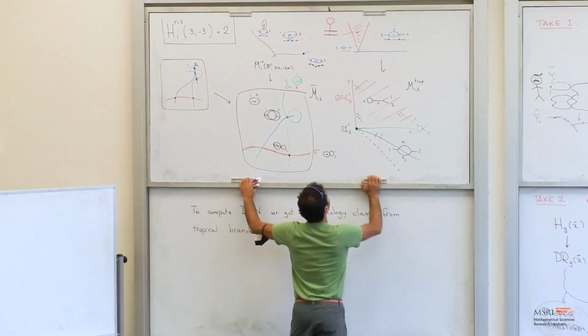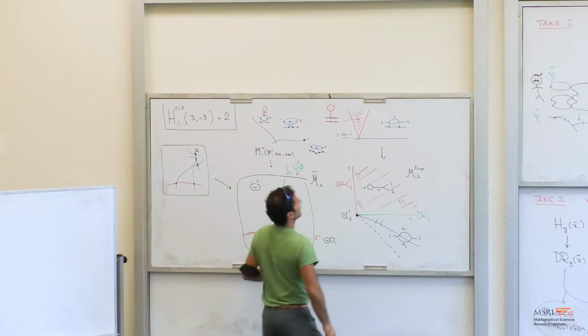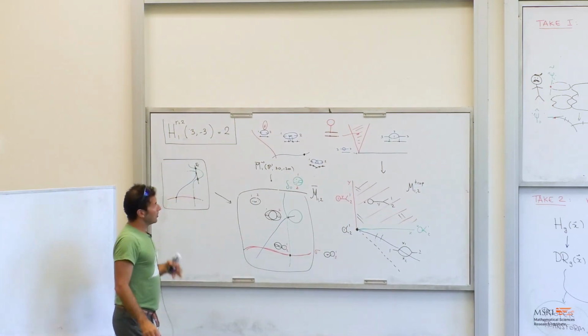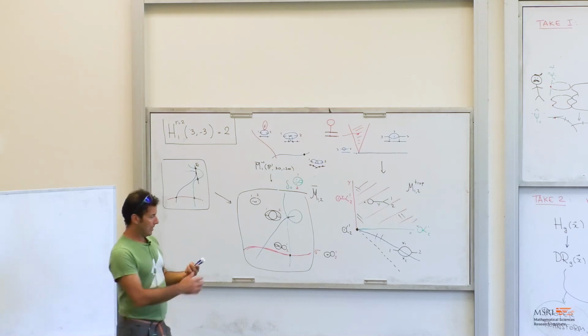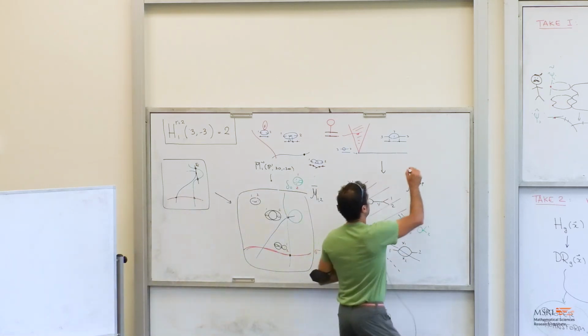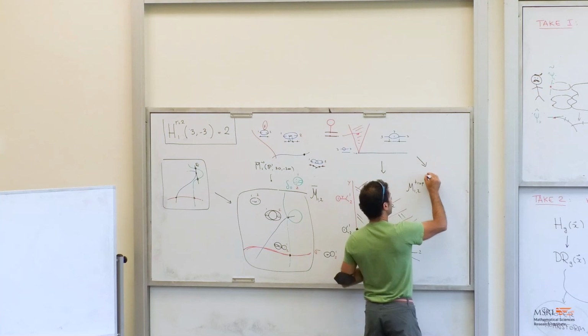And so again, let's think for a second about, we've drawn the tropical source morphism, right? We now want to take the tropical branch morphism